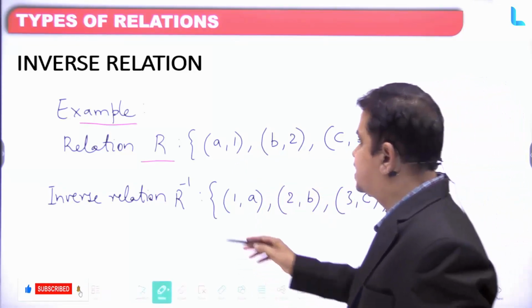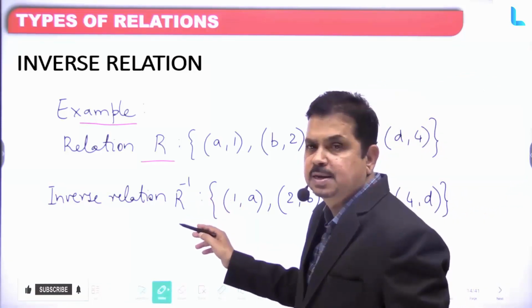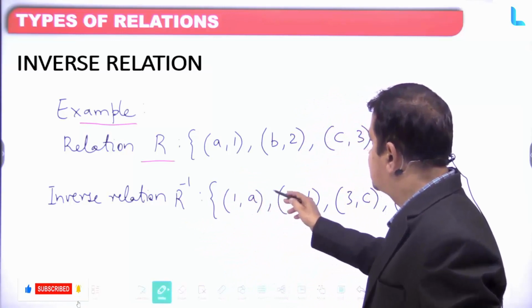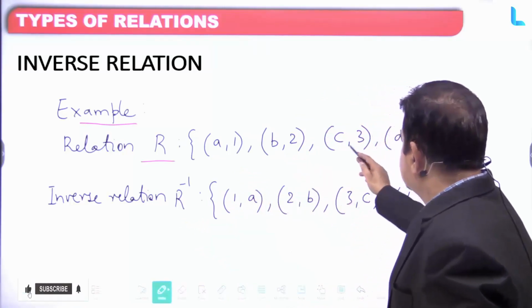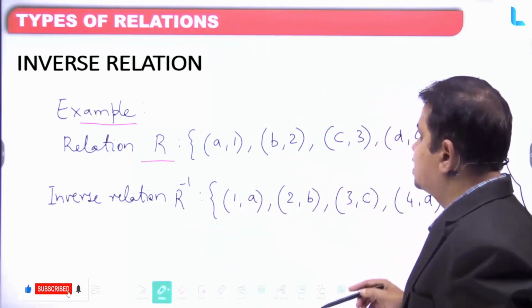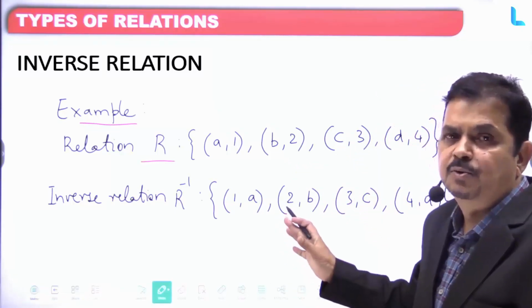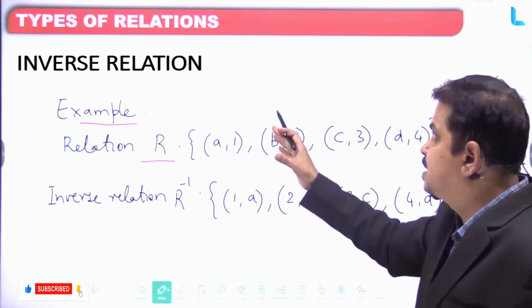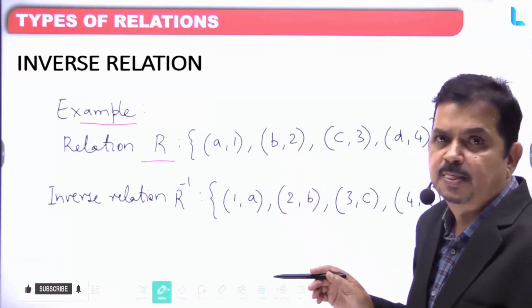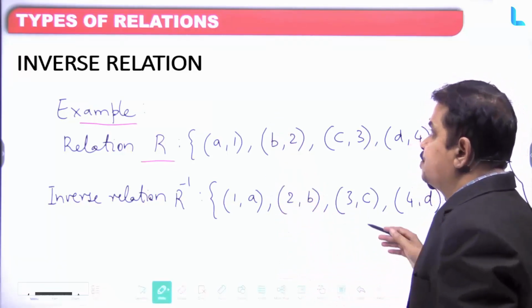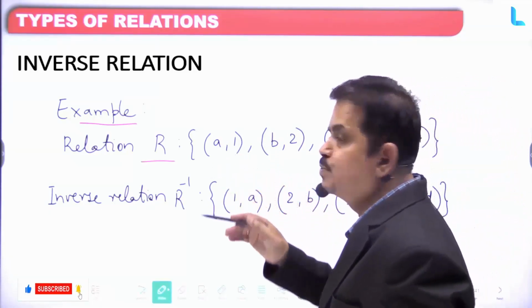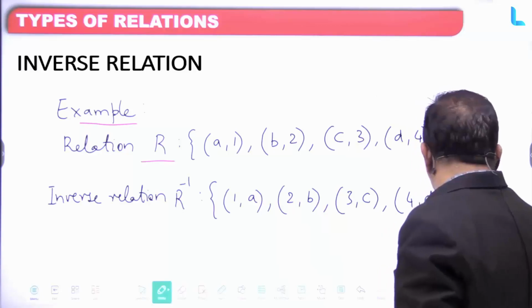Now the inverse relation R inverse can be written as the set containing (1, a), (2, b), (3, c) and (4, d). I hope this example makes you understand the actual meaning of an inverse relation. I hope you are now clear with the definition and meaning of an inverse relation. Now let us take up